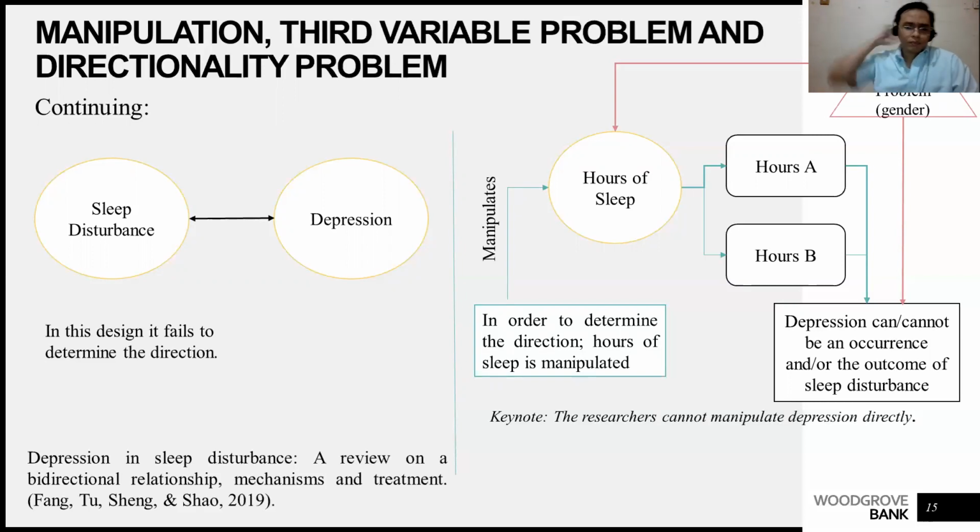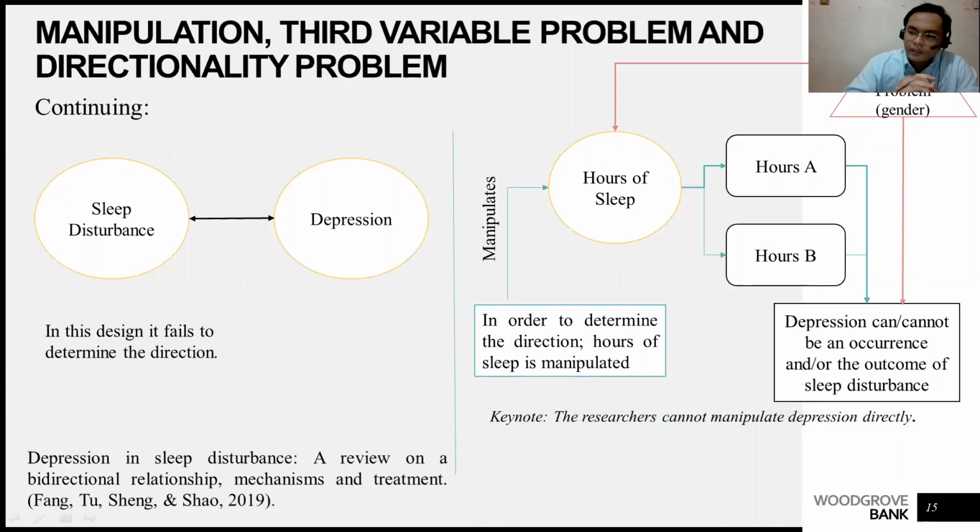On the right side of this diagram, with the use of the experiment, we have determined that the treatment conditions contain hours A and hours B, and that the dependent or expected behavior is that depression can or cannot be an occurrence and or the outcome of sleep disturbance. In the process of their research, they found there is still a vague conclusion on which comes first, depression or sleep disturbance. But